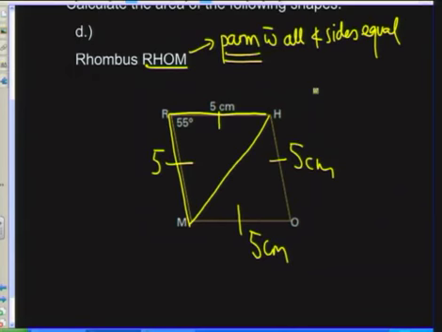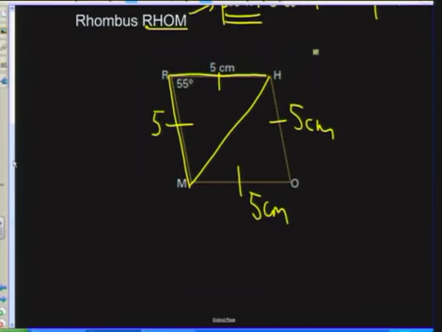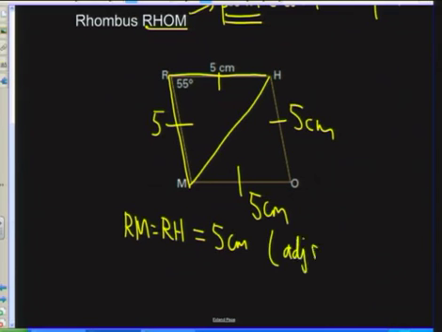And when setting out your calculation, you must first stipulate that RH is equal to RM is equal to 5 centimeters, adjacent sides of a rhombus. So there's a reason why you're marking off those. They just didn't appear from space, and they just exist like that. There's a reason why they exist. And then we're going to work out the area